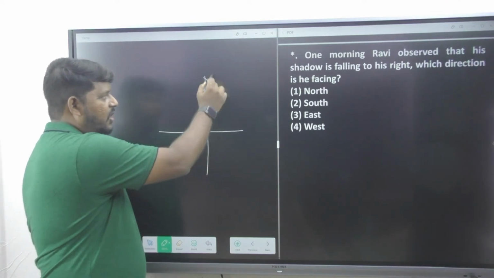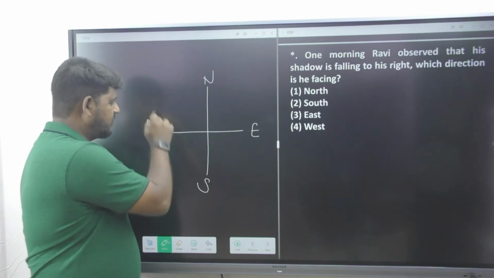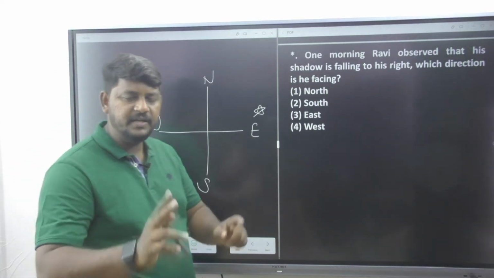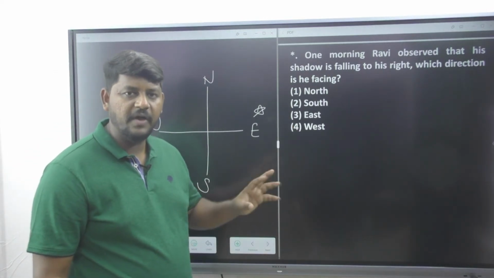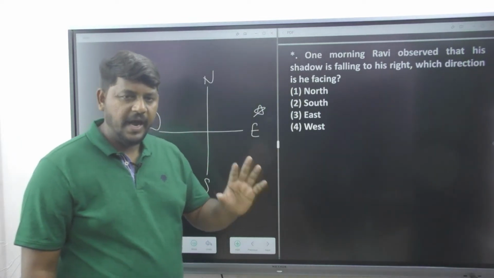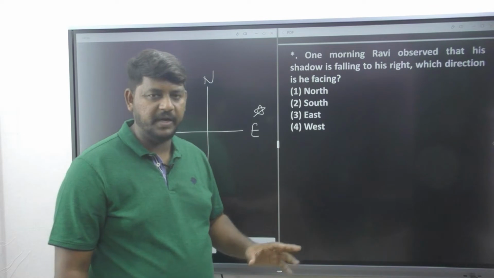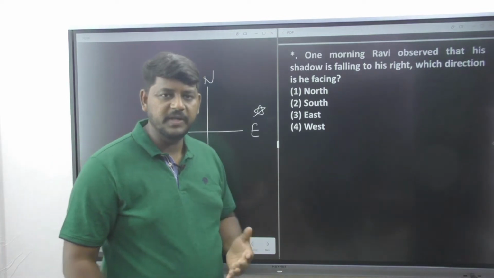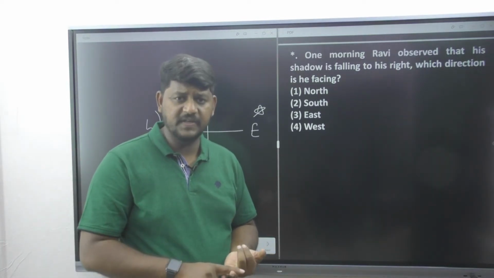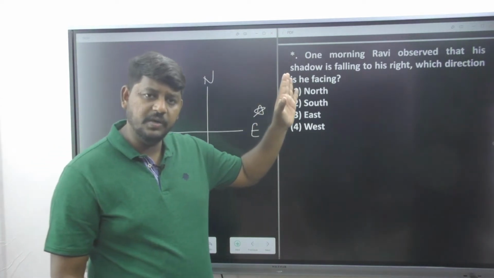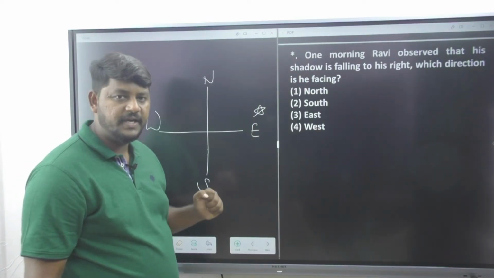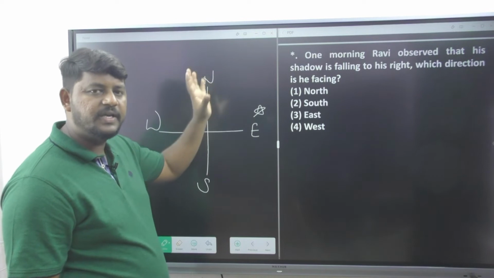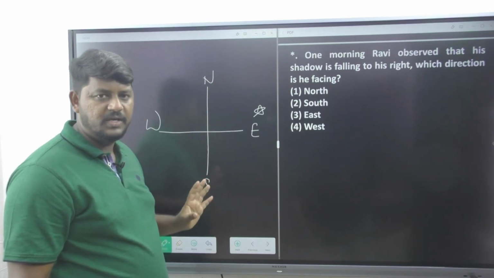Let us see here, north is always opposite to south, east is always opposite to west. Now sun is in what direction? East direction. Now the second thing is, we do not have two persons over here, we have got only one person, name is Ravi, and moreover he is not opposite to anybody. The second important thing is missing in this question. Don't worry, let us move forward, whether shadow is falling towards his right side, left side, front or back. It is always going to be given in your exam. We know that very clearly, Ravi is going to be observing his shadow towards his right side. So I know that very clearly he is going to come either at north side or south side.